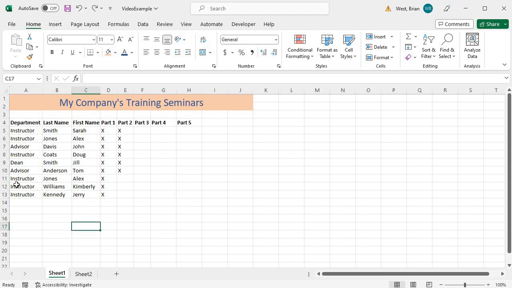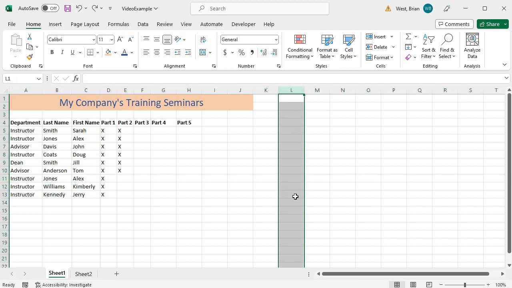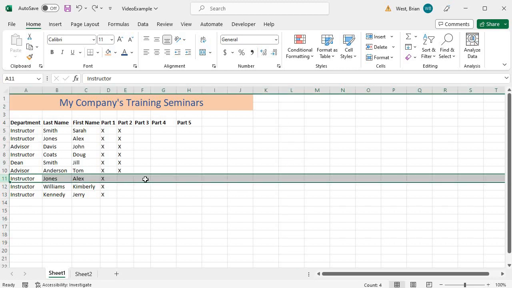I'm going to show you another way now. If you come over here to the right where the numbers are, see how it changes to an arrow? If I click while I'm over here, it highlights that entire row. Did the same thing a while ago when I was showing you the columns. If I click here, it would highlight the entire column instead. So if I wanted to highlight that row and then tell it to delete,